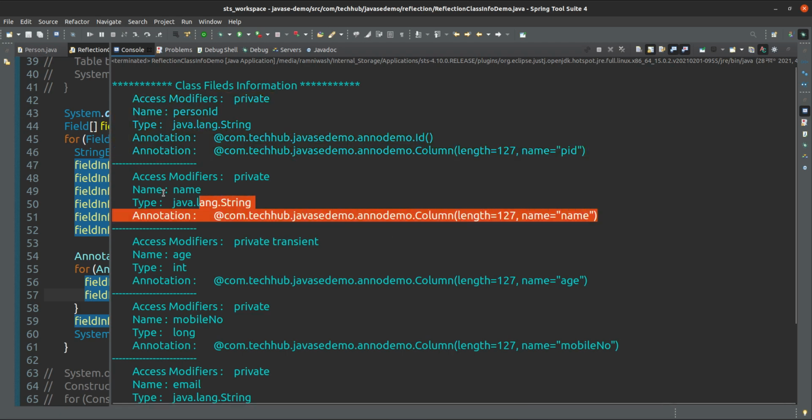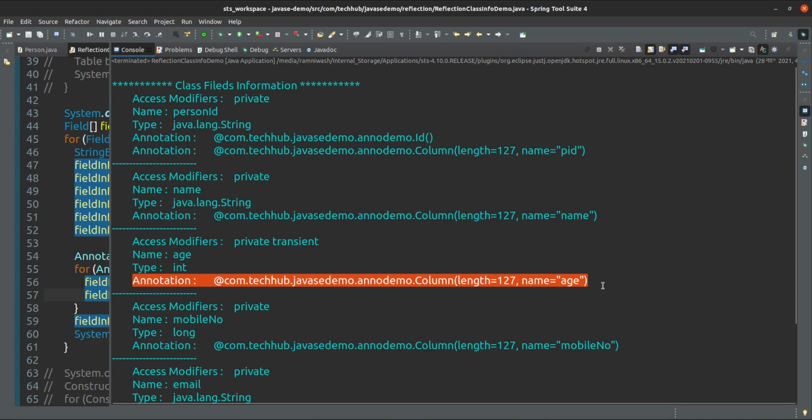This is the information for name, that is also string type, that is private, and this has only one annotation, that is column with length and name value. Next one is age, that is a type of integer, that is private and transient. You see age is transient also, so it is coming here, and annotation is this column only.